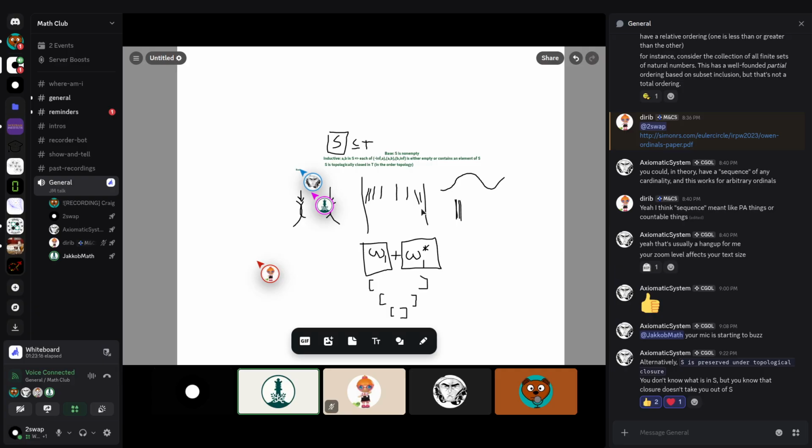So I'm going to put a lot of conditions on this before I say there has to be something in the intersection. And what I came up with was this has to be a well-ordered set of nested closed intervals